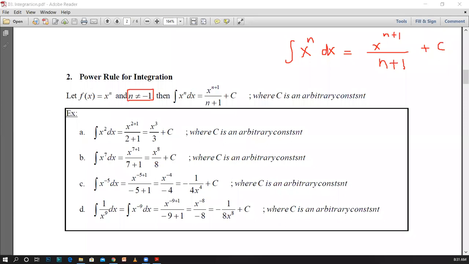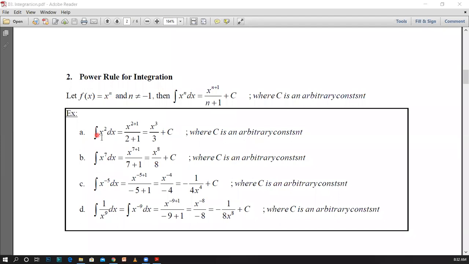Here we can see some examples regarding this also. You can see the first example is the integral of x squared dx. Now you can see it is the form of x to the power n, and the next thing is, you can apply this form only if you can see the exact form of x to the power n. Otherwise you have to find an alternative method to perform this integration.